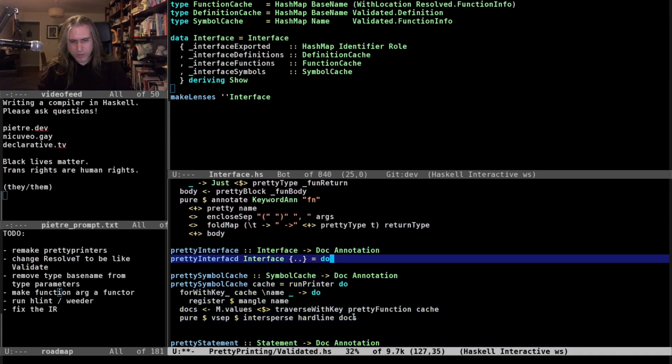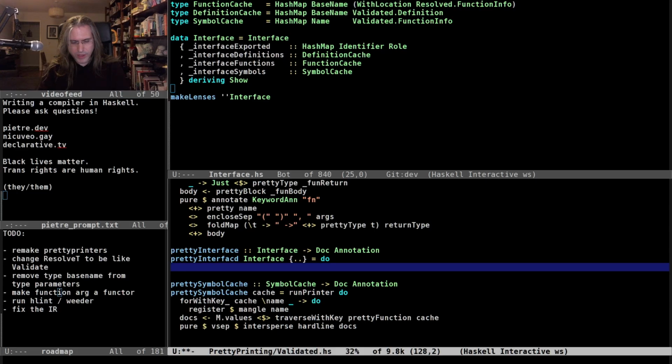This is going to be... I'm going to need to do a... I suppose the definition cache will contain what I want. So I will need to do the interface definitions.